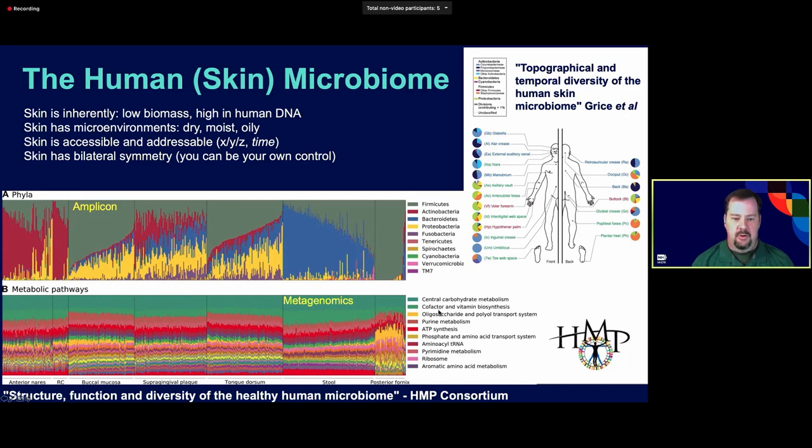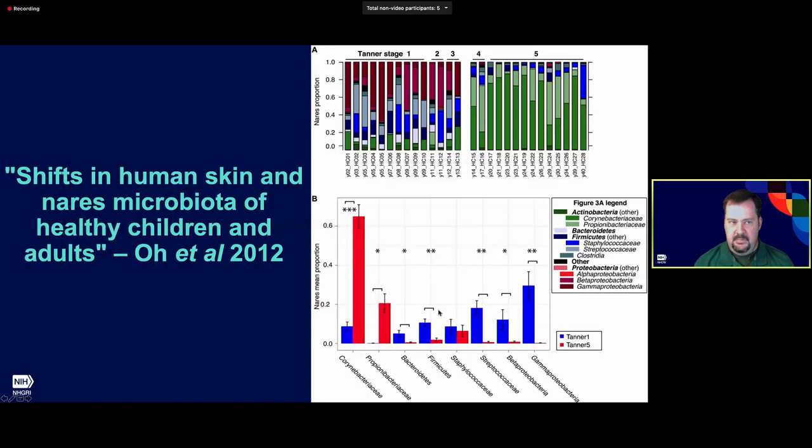What are the biochemical repercussions of these pathways? And you can see that those are much more stable. And this is, in my opinion, a huge conclusion from the Human Microbiome Project: the microbiome itself might be quite varied as far as composition, but what it's doing there tends to be very well conserved. In our lab,